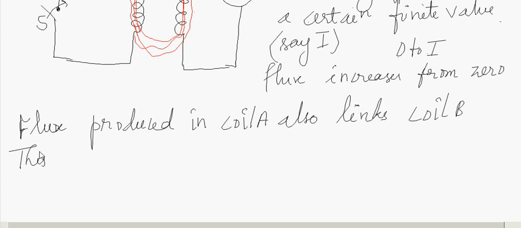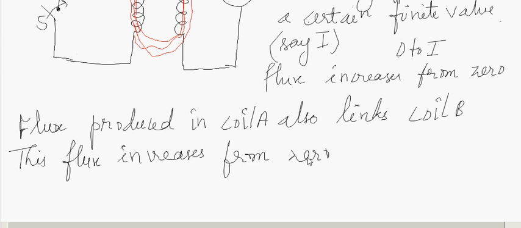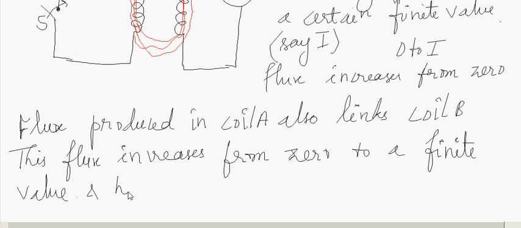This flux increases from 0 to a finite value. As the flux varies with respect to time, or flux is varying, there gets an EMF induced in coil B. Flux produced in coil A also links coil B. This flux increases from 0 to a finite value, and hence,